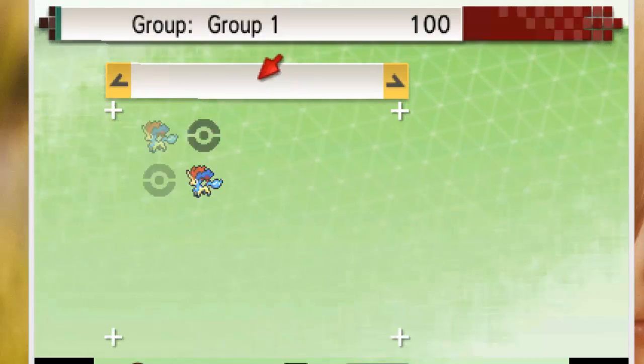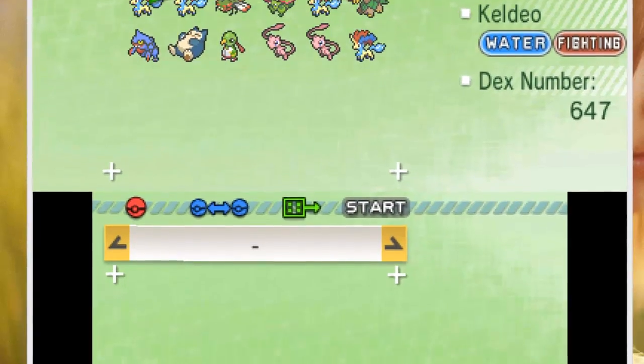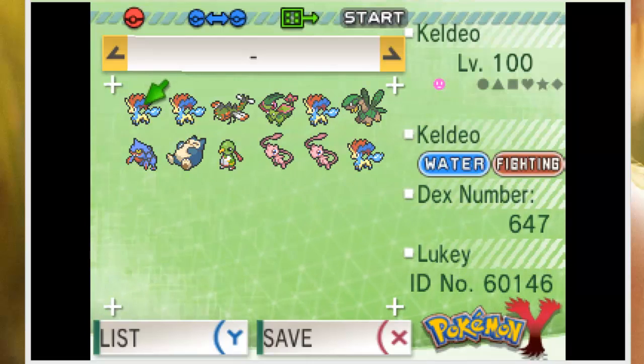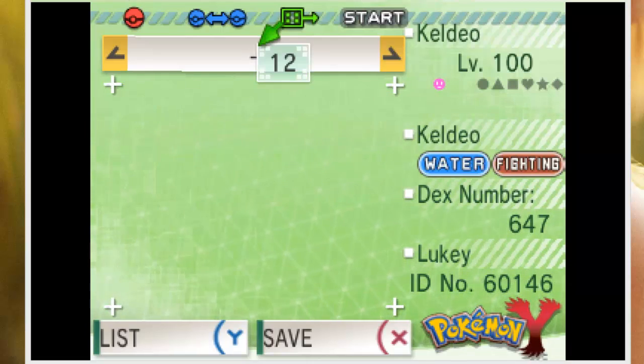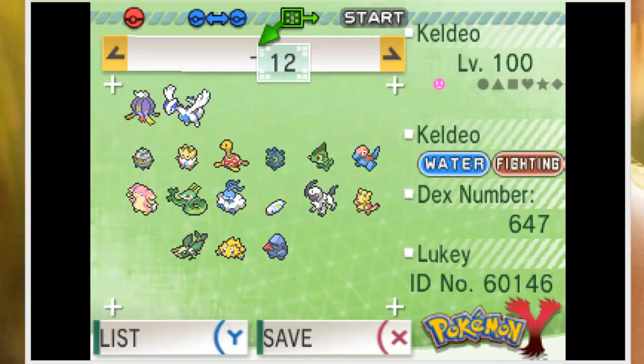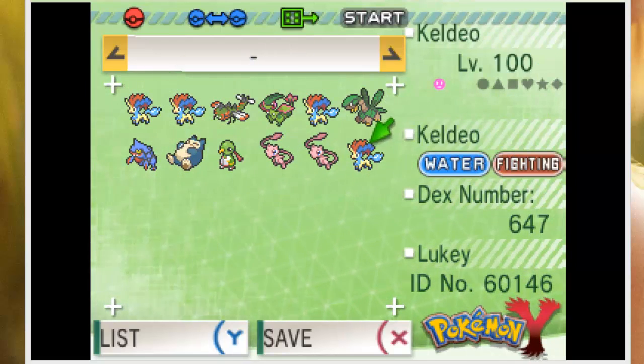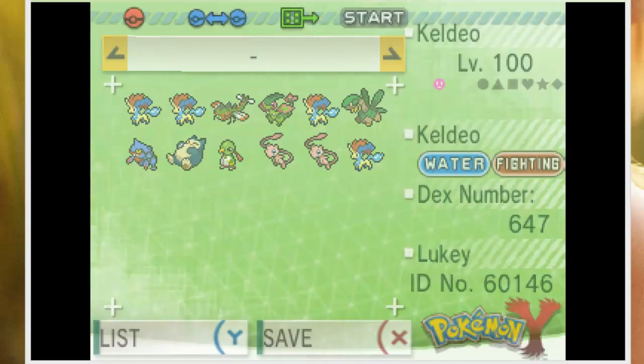Alright, we're going to quickly head over to the transport box, press start a couple of times, select the whole box, and stick it in our Y version, and it's done, basically. If I scroll across a few, I'll just stick it in a box where I put the rest of my mons. Actually, I don't actually have that box, so we'll just stick them here. And as you can see, we have the Keldeo that we transferred over just a second ago. If you hit the X button, you can save, and it'll quit. And once that's done,